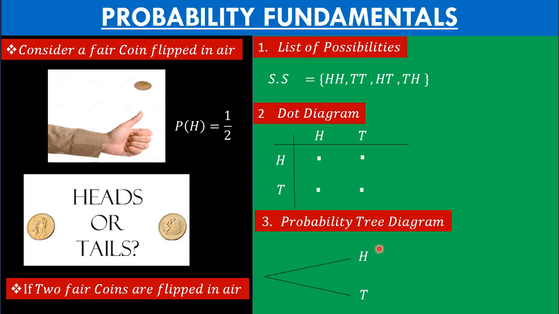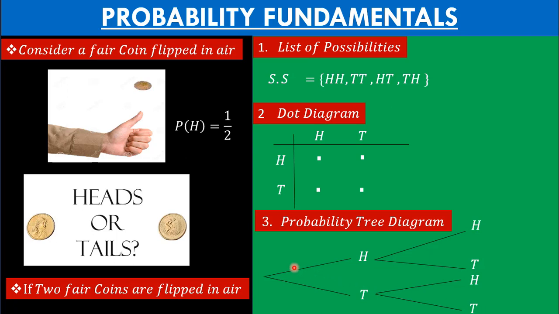Now, for the second flip, if we get the head on the first, we are having 2 chances. It can be head and it can be tail on the second coin. Now, we are not sure we will get the head on the first. We can have the tail on the first. So again, we are having 2 options for it. First is having the tail, and the second can have head and a tail.